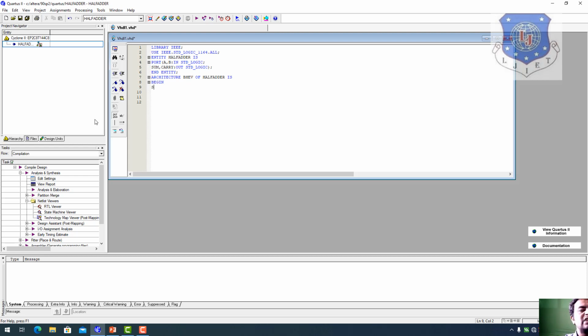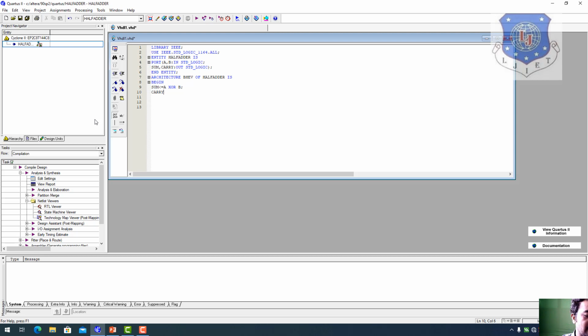Now we have to write for the sum: sum less than or equal to a XOR b. Fine. In terms of the XOR, the output should be 1 when any one of a or b is equal to 1, then the answer should be 1. So it is called the sum.